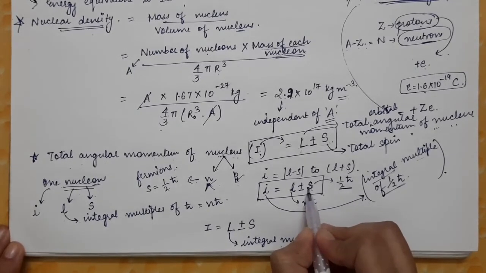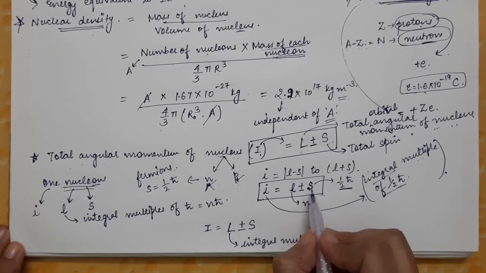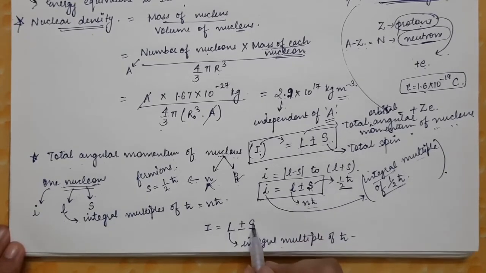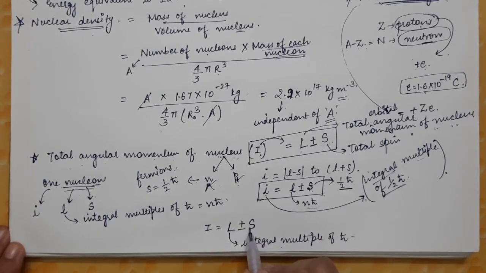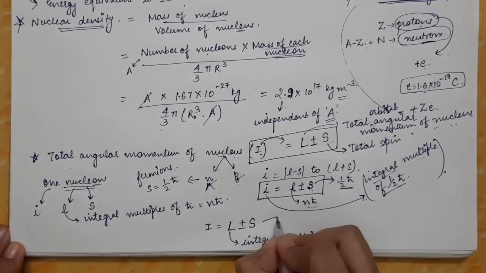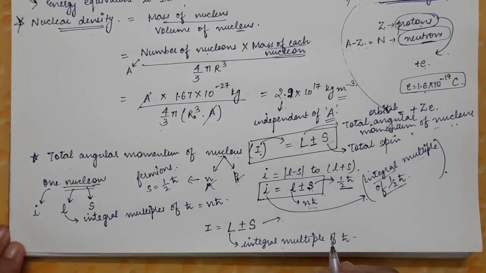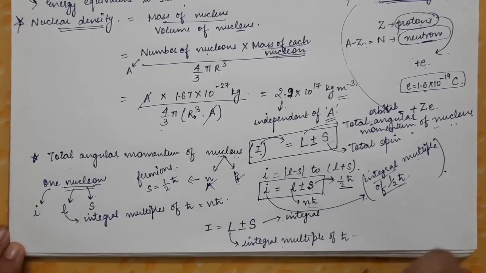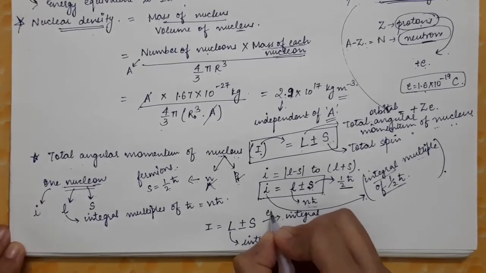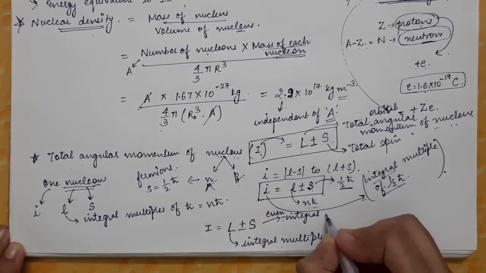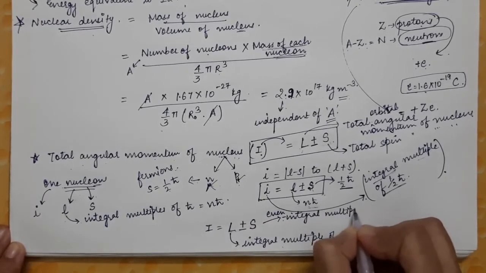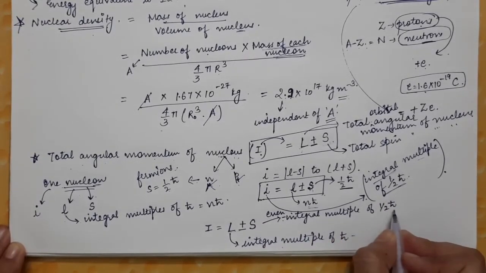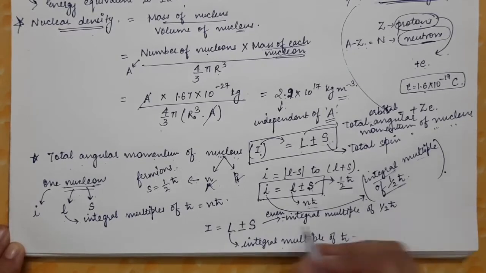And when these spins of the single nucleons couple with each other, their total spin angular momentum will be capital S. And this capital S will be an even integral multiple of half h cut. Even integral multiple of half h cut means it can be either 0, then even integral